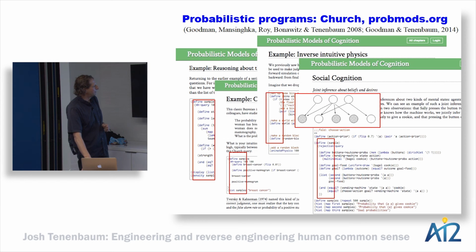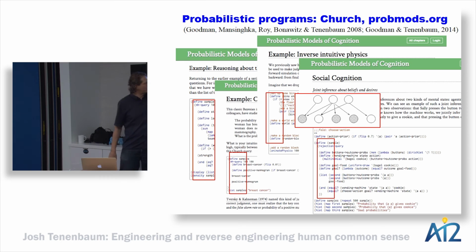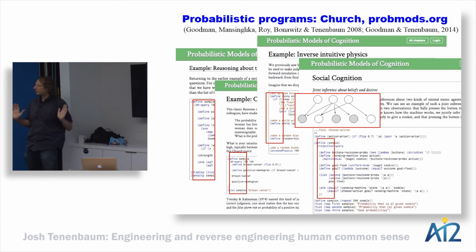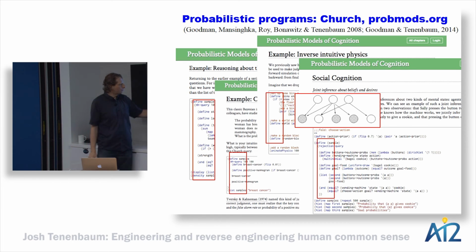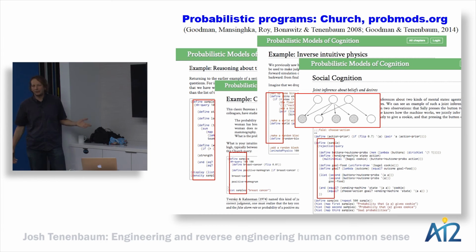These are just a few examples of web pages from this tutorial, probmods.org, this web book, which is a very lightweight, simple introduction to probabilistic programs and using them to model cognition. It was written so that even high school students could understand. But what's cool about it is that it has all these examples that are in these runnable code boxes. So these are examples of this Church probabilistic programming language, which is built on top of Scheme. Some people, of course, really like Scheme. Some people really hate it or just groan